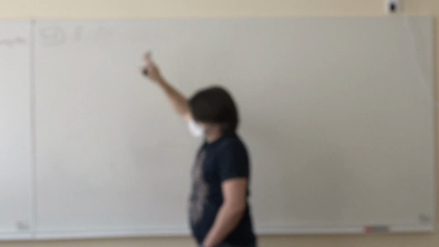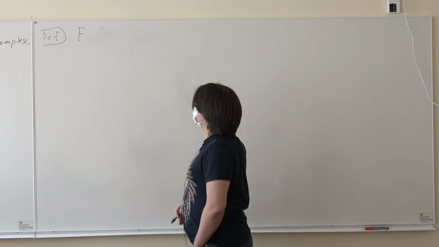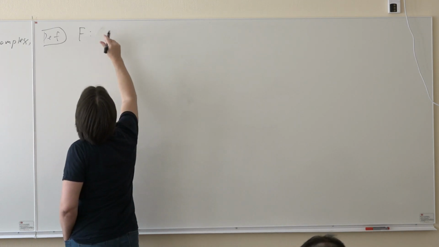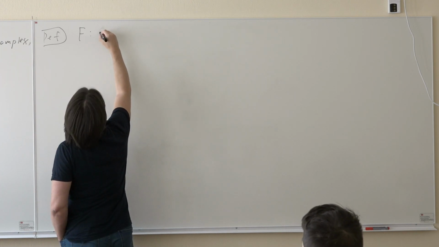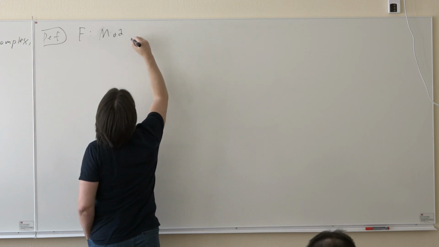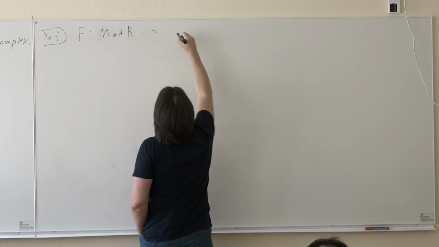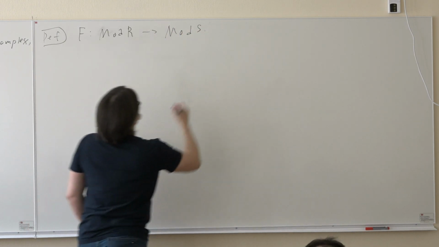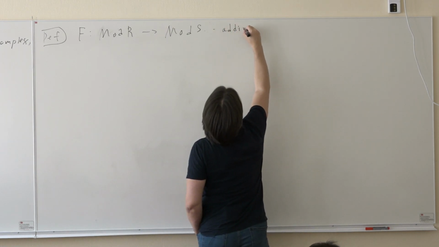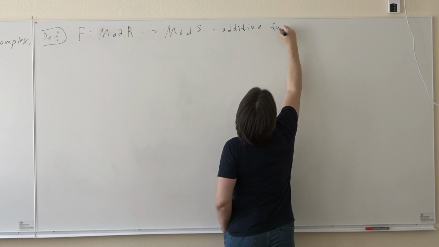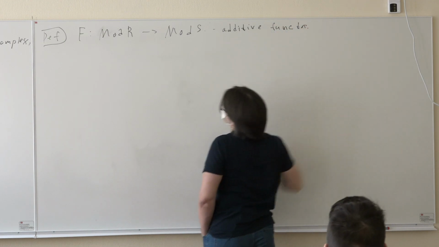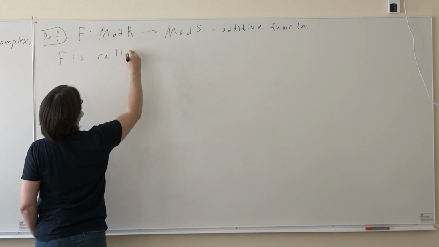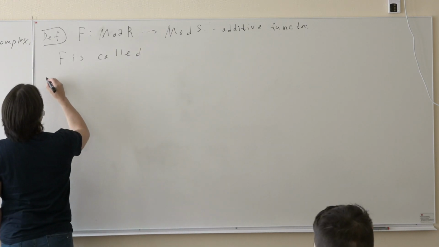Well, it can be a functor between any two abelian categories, so probably maybe even additive categories, but in our situation it always will be a functor from one category of modules to another category of modules. Then F is called right exact,